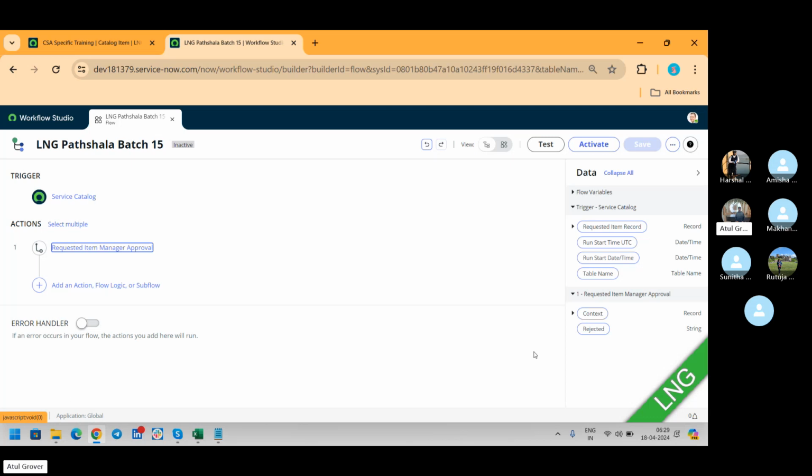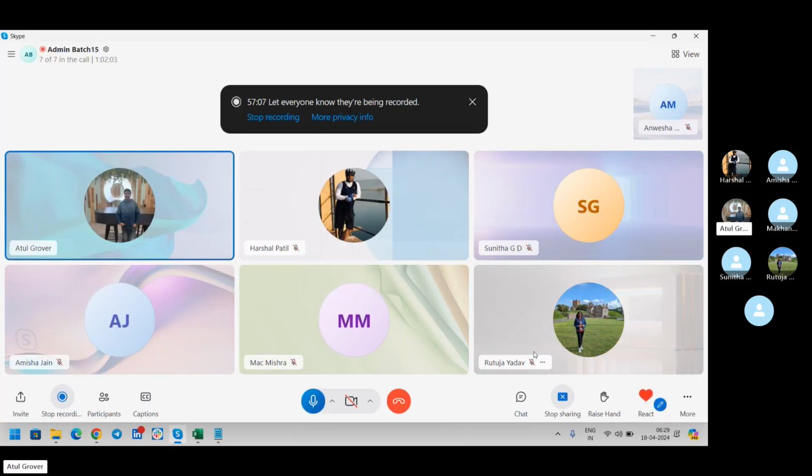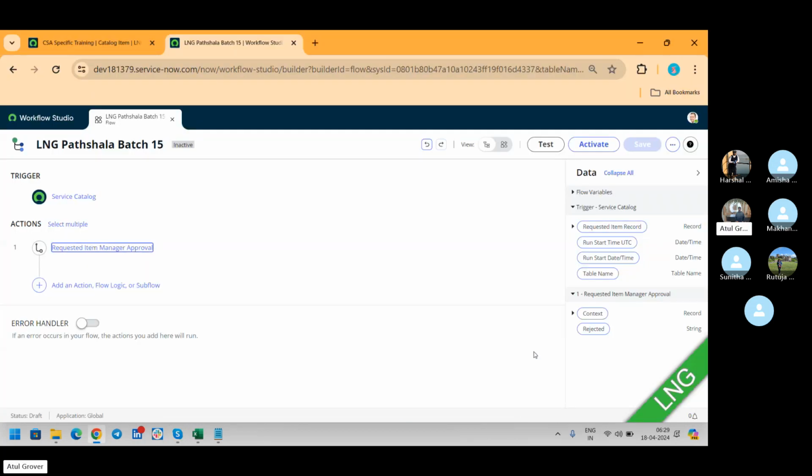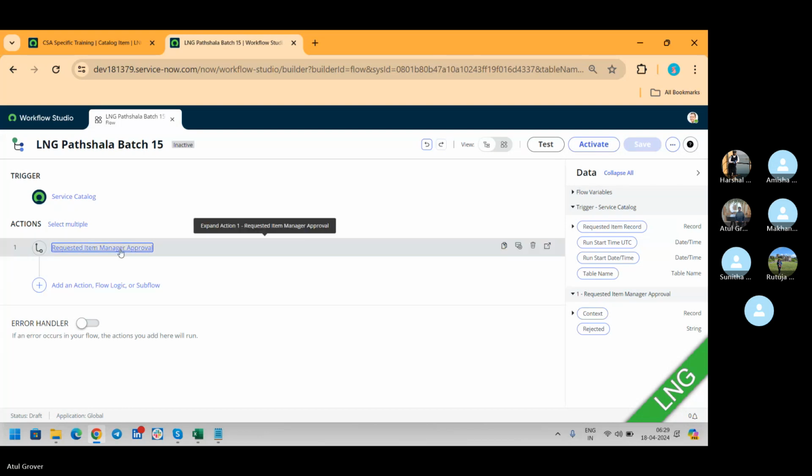But now the problem again. Amisha raised a request, it goes to Harshal as his manager. Now Harshal can do two things, either approve or reject. Right, Amisha? Yes. Right? But how will the system know? We tell the system to go to manager approval. I have to tell the system as well now: if it is rejected,